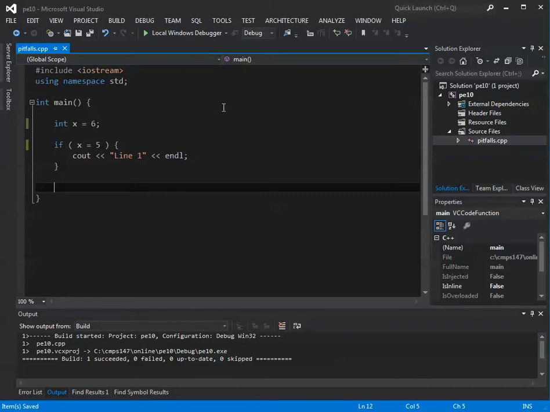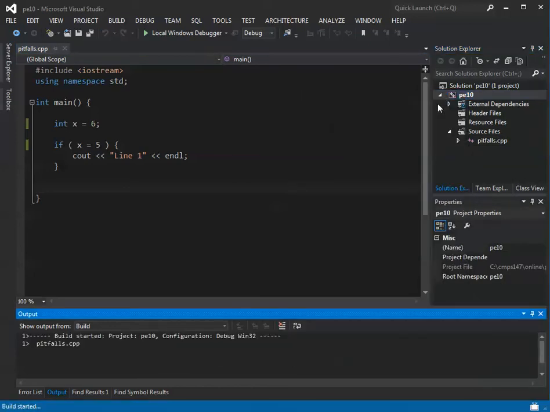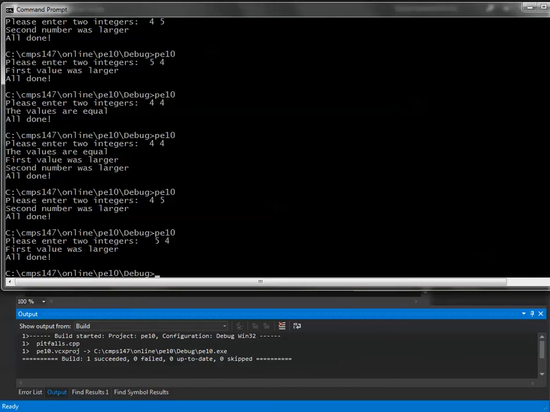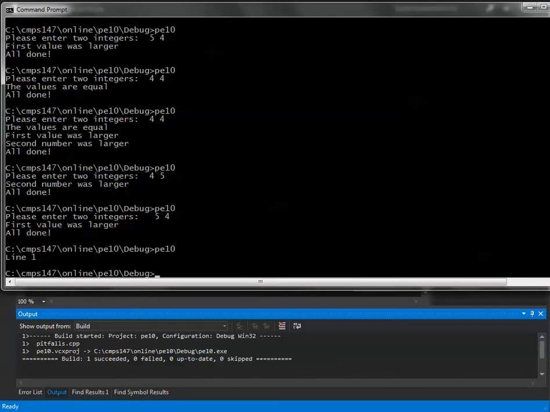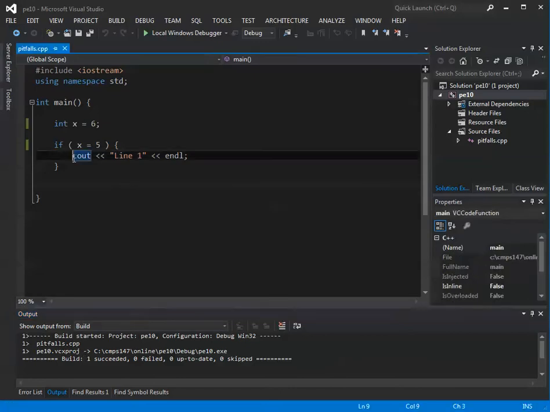And I've written the first one all the way on the left as a program. So let's run this, and if we look at it, we initialize x equals 6, and then we're looking to see whether x equals 5. Certainly we would expect nothing to print out because x is not equal to 5. If I run the program though, we can see line 1 prints out. So for some reason this statement over here ends up being true,